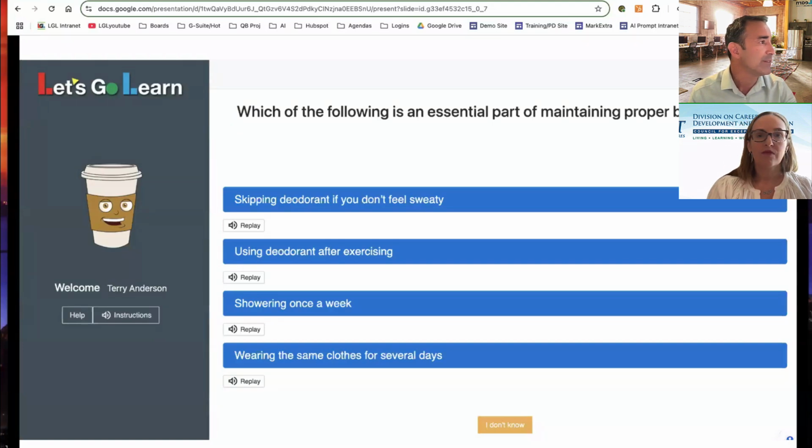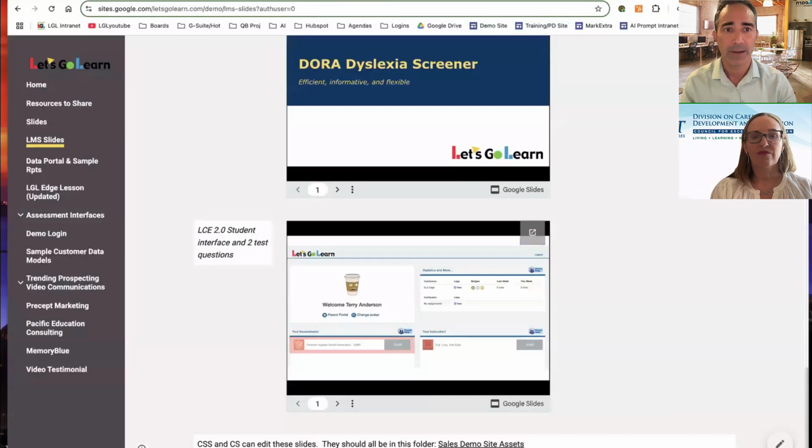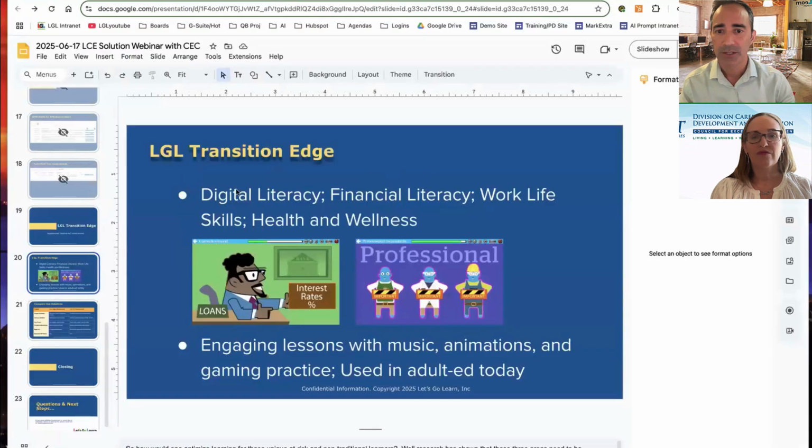After students finish their to-do list, is there a way for them to independently explore content lessons that may interest them? Right now, as far as student-led activities, the only optional thing we have is the Transition Edge, which is that other add-on we have. Those are our interactive-based lessons. I'll show you a screenshot real quickly, right here.